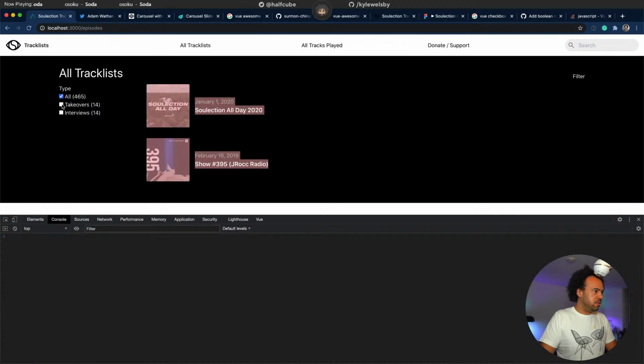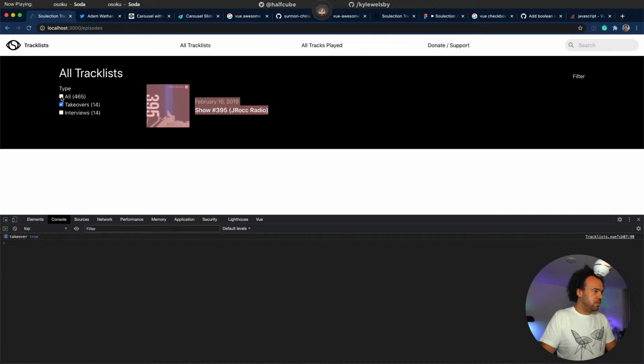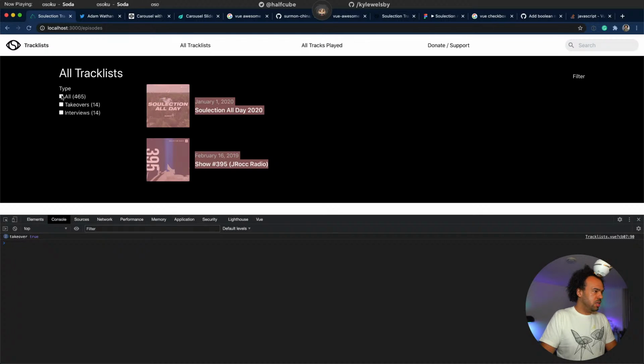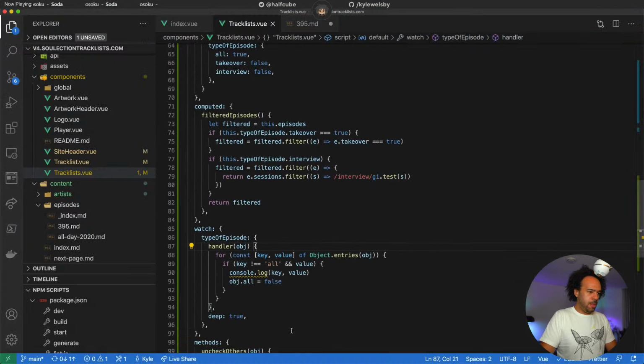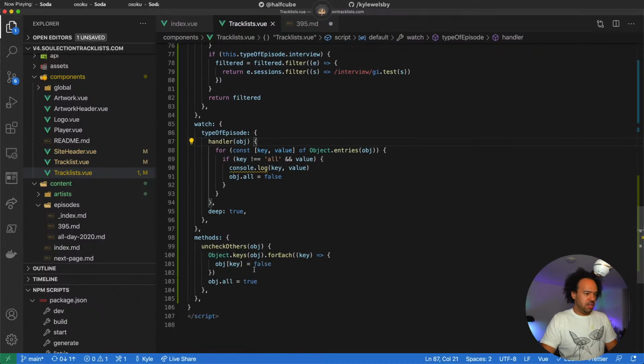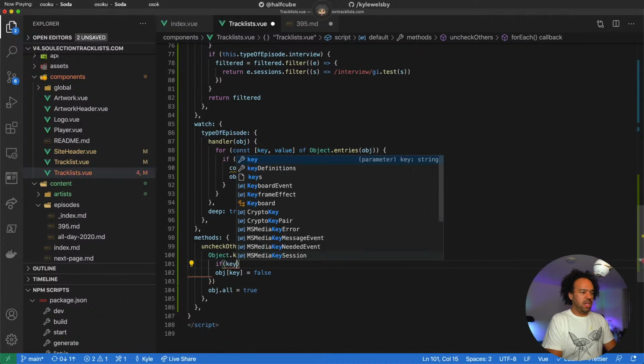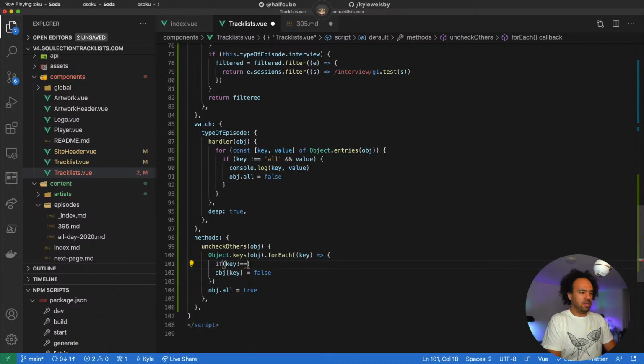Clear this off. This takeover's true. It's not done a falsing of that. If key not equals all, only change the ones which we want to care about here.